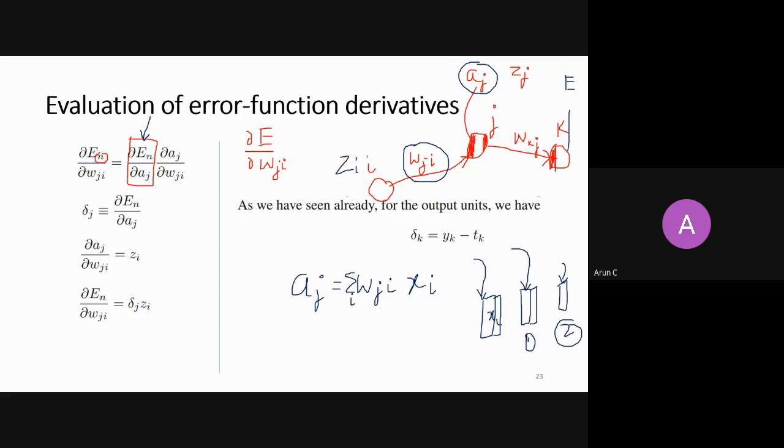So in general, if I am talking about the input to a layer, if it is not the input layer, then I always say it is Z. But if it is the input layer, then it is X. Do you understand this? Yes or no? Yes, sir. Fine. So now when I take the derivative with respect to Wji, it will be a multiplication of Zi.